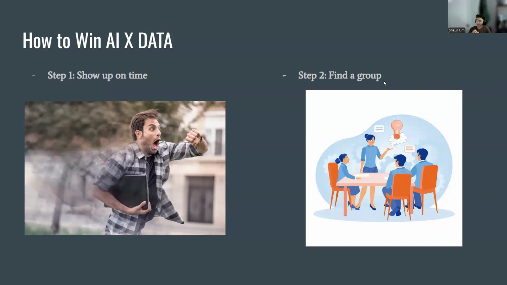Second step, find a group. I think we've made it clear already in the Discord how important it is to find a group. Not only do you have people with you to help you while you're working through this, but it also makes it a lot easier for us. If a bunch of people go into this solo, it's going to make the whole judging situation hard, and it's actually gonna hurt you. So just find a group.